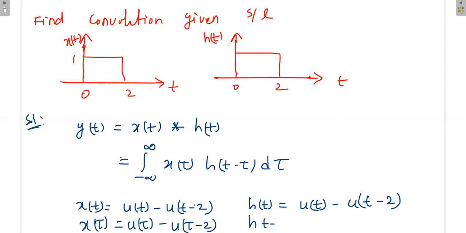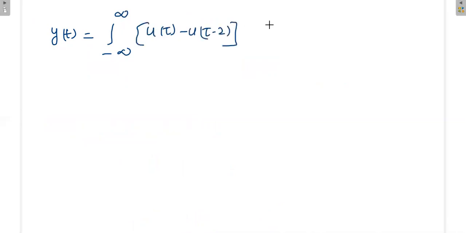H of t minus tau is equal to u of t minus tau minus u of t minus tau minus 2. Okay, then directly we'll apply this in this formula. That is y of t is equal to integral from minus infinity to plus infinity of u of tau minus u of tau minus 2, multiplied with u of t minus tau minus u of t minus 2 minus tau,